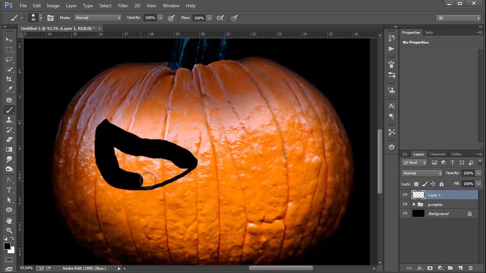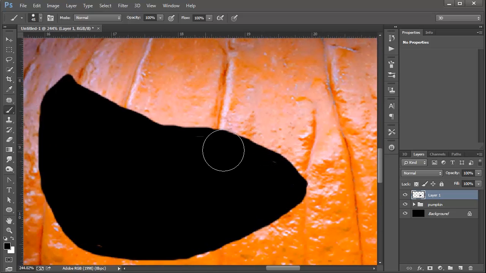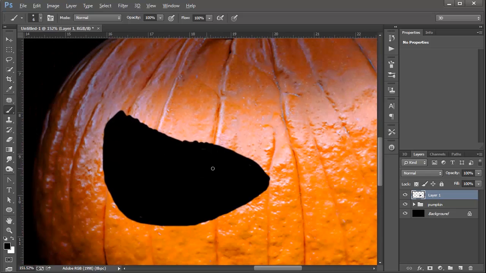As you can see here, this is looking okay, and it'll do the job, but there's a problem. In my opinion, I think that if this were a real jack-o'-lantern, the edges wouldn't be so sharp. There would be a lot of jagginess around the edges. So one way to create that will be by creating a brush that will draw jagged edges as opposed to